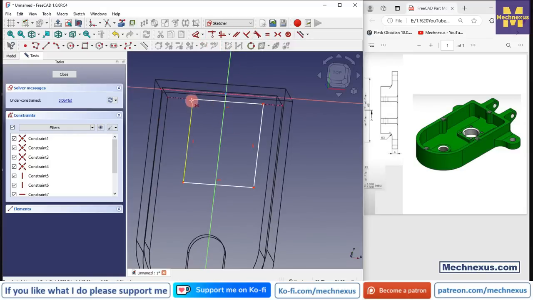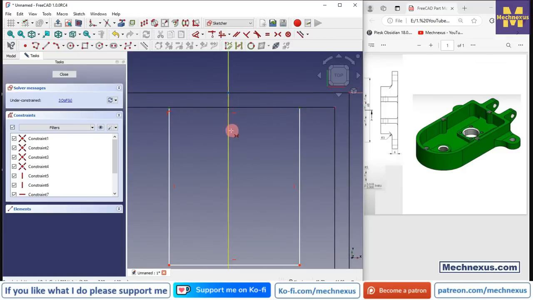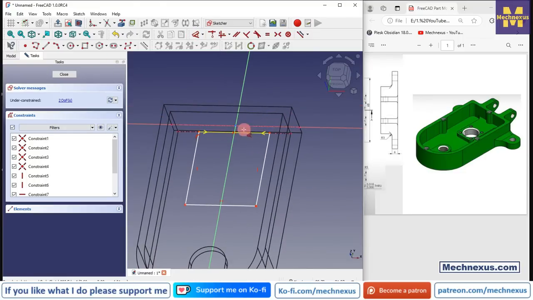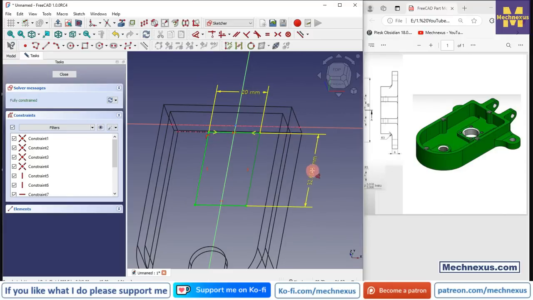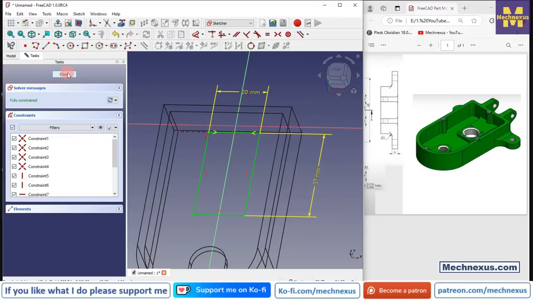So click on the symmetricity, select this point and this point, select this and this axis, and now select smart dimension and provide the length, select it and give the value 20 mm, and this is 37. Click on close,